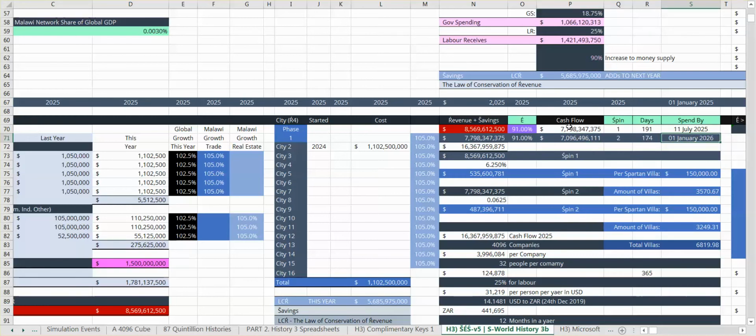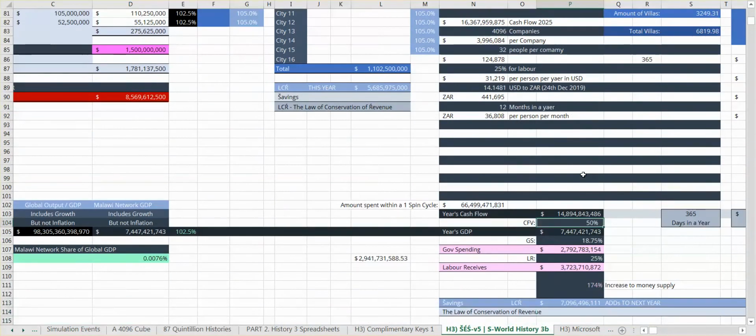Now, of course, we've got two sets of cash flow in the same year. And that's really the trick to it. That, in essence, doubles the cash flow. And we're saying roughly that GDP is going to be about 50% of what cash flow spending is. Someone could argue that that's wrong, that shouldn't be there, but it's there for caution, and it's inspired by David A. Moss, so probably right.